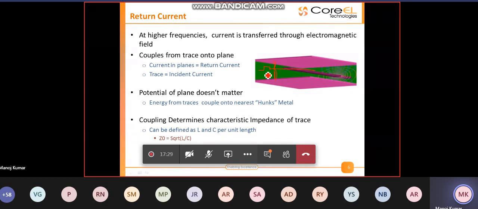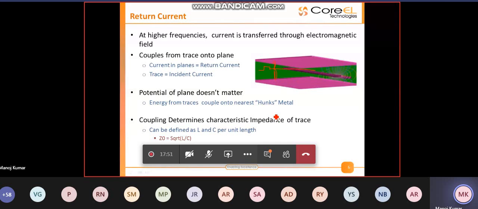Now, so far what we know is that a transmission line has an electrical property known as propagation delay, and one more property known as characteristic impedance.